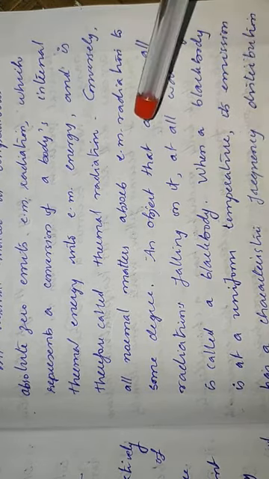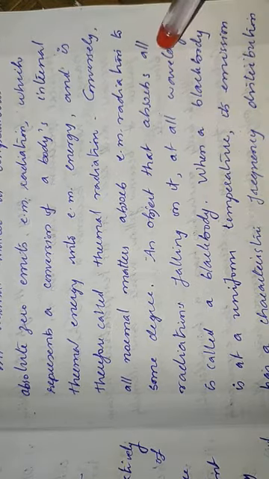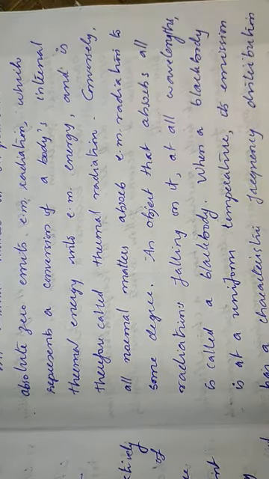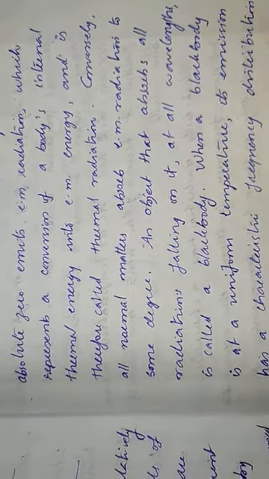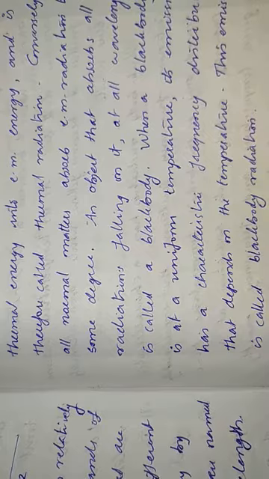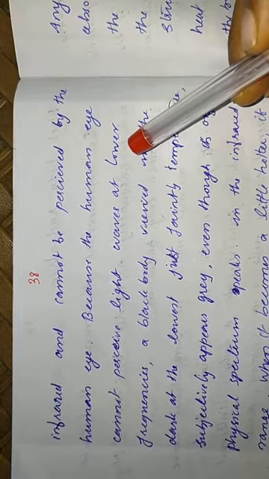Its emission has a characteristic frequency distribution, and this characteristic distribution of frequency radiation depends on the temperature of this body. This emission is called black body radiation. A room temperature black body appears black as most of the energy it radiates is infrared and cannot be perceived by the human eye. So a black body at room temperature